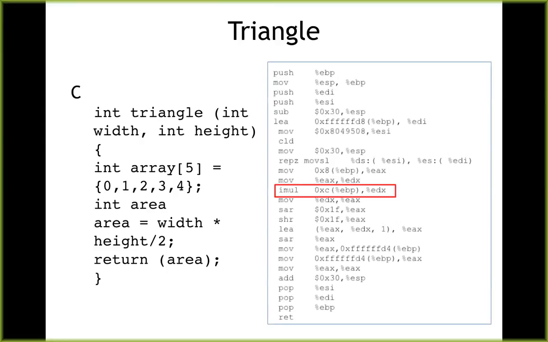So here's a triangle. I define a triangle of width and height. Then I calculate the area of the triangle, width times height. So here I set it up, and the only thing I thought was interesting is that you actually use this integer multiplication command. You have to move everything into registers, then do an integer multiplication of it, and then take all the junk in registers and put it back in memory. Anyway,